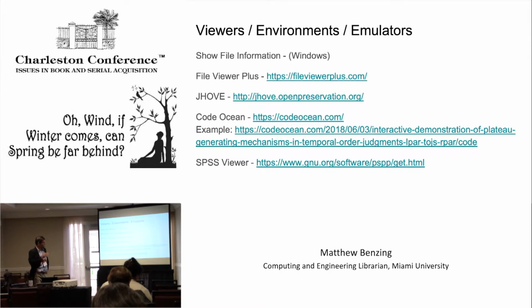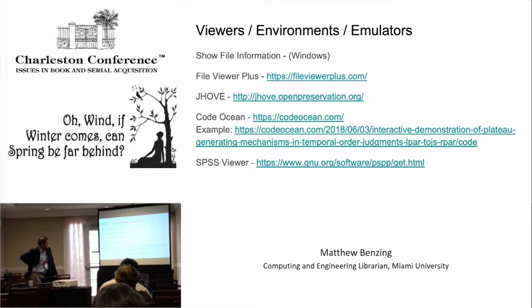Some software that becomes very useful if you're actually doing this are some of these viewers and things. Of course, one trick is always just to right-click, in Windows at least, on a file and view file information, which then takes you to their database that explains what a file is. Sometimes it can be a little confusing because you can have the same extension for different file types. SAV can be used for SPSS files, or it can be a saved video game. It depends, but usually in context you have an idea.